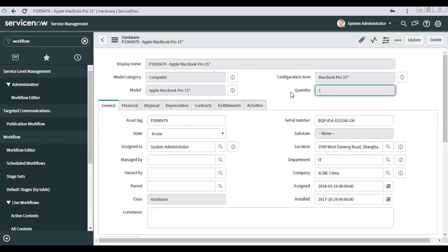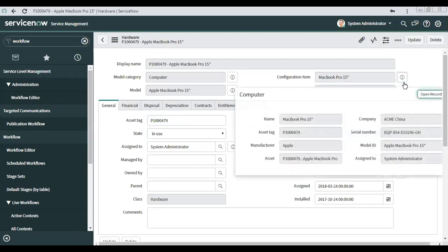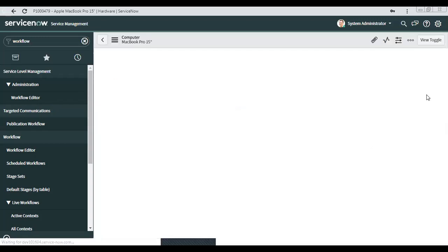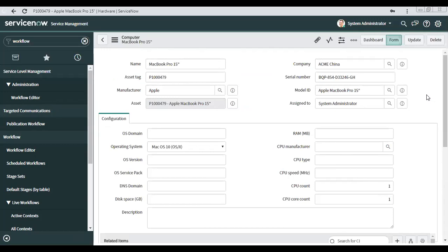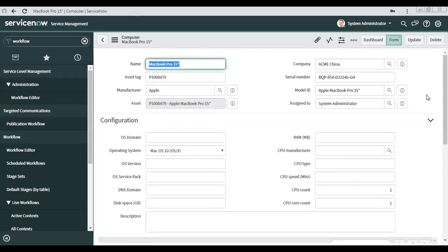What is the difference between asset and configuration? Asset tracks the financial information, and configuration tracks the operational status. We create a configuration item for each record because we want to track what software is installed, what IP address the machine is using, and all those things. One laptop can have different software from another. So every asset will have its CI.